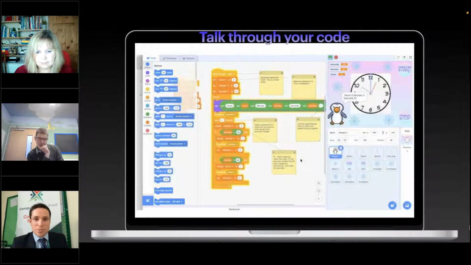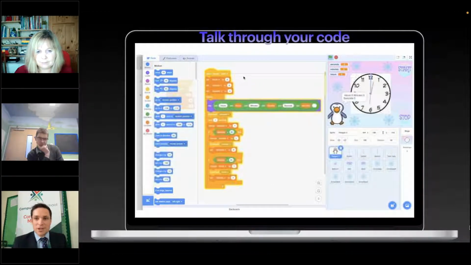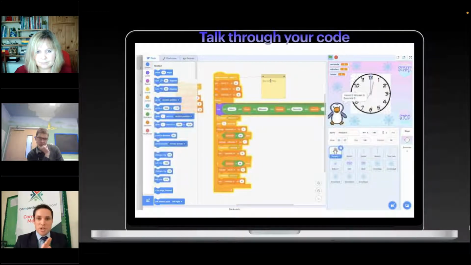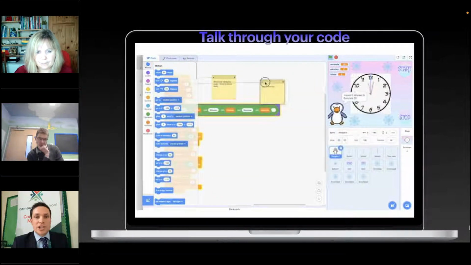Especially works well with pupils when they get in a bit of a tangle and they've got code everywhere. Just stop, explain what you've done, and let's see that your actual reasoning, your logic matches your intentions. So tip one, talk through your code, hold down Control, add some annotations.